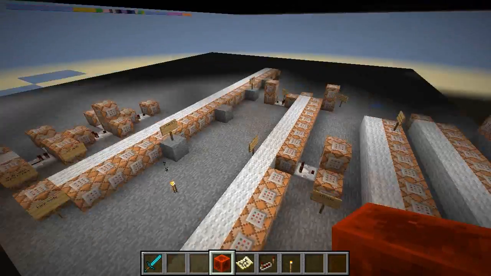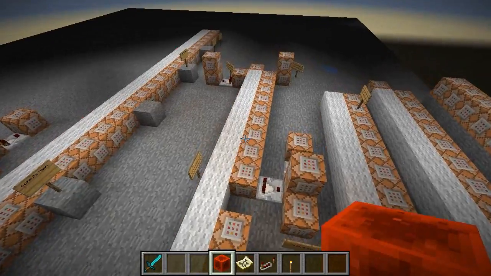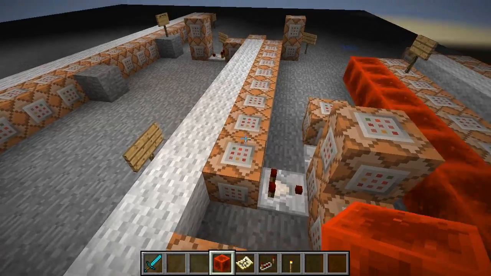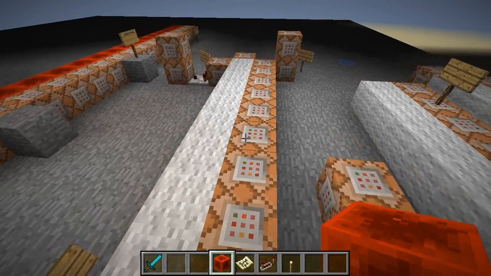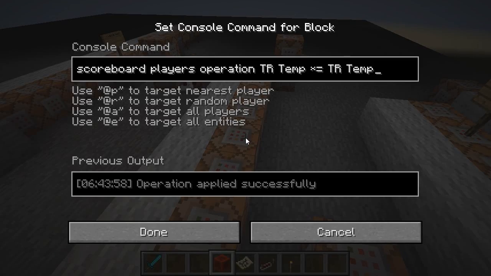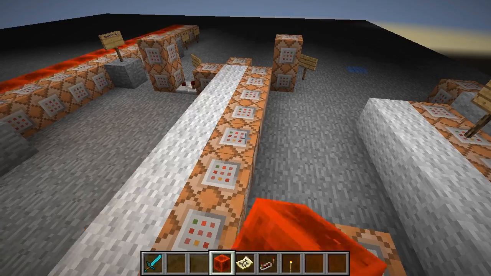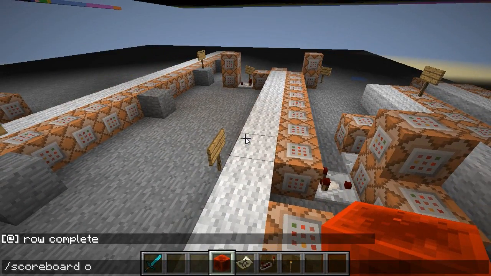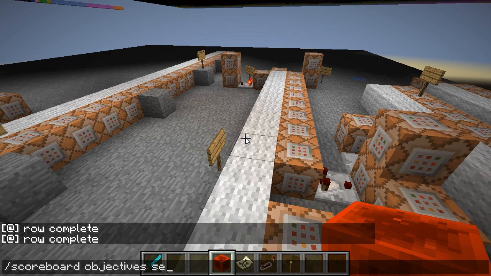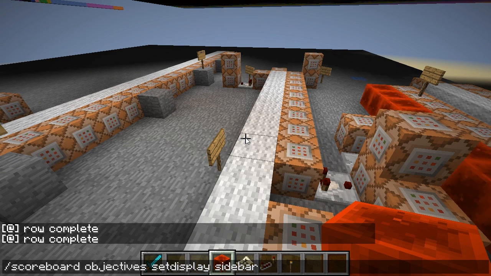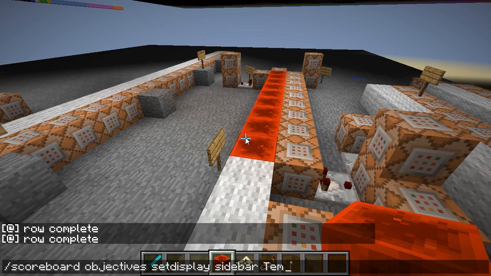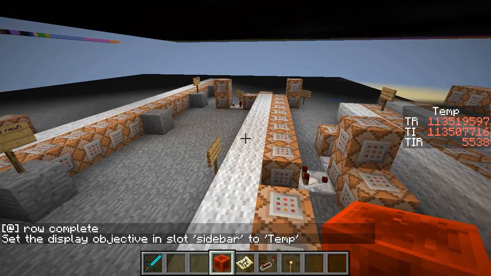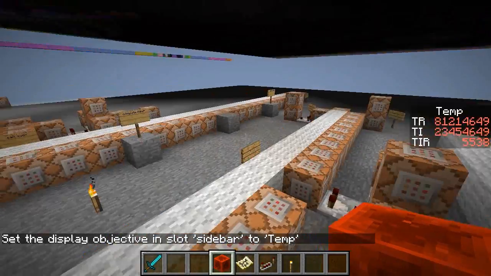So next up, how am I computing it? Well, briefly, I am mostly using the scoreboard. If I take a look at most of these command blocks, most of them are doing operations in the scoreboard. And so I can actually go and type scoreboard objectives, set display, sidebar, temp, for example. And we will see some of the temporary variables that I'm using being updated in the scoreboard through each iteration